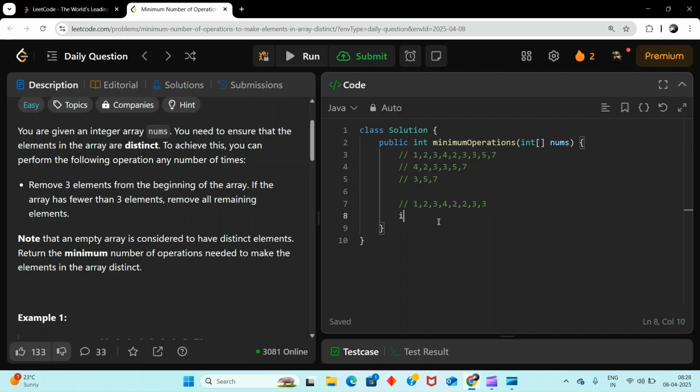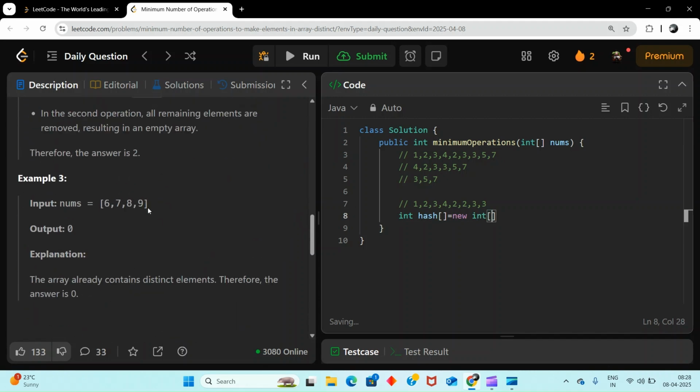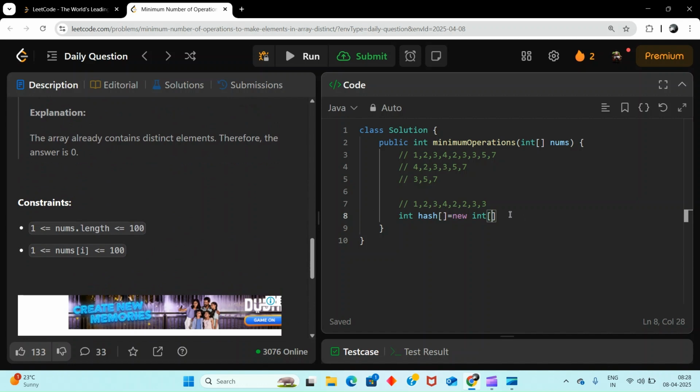So let's take int hash. The size, let's see the constraint. Here you can see 100, so I will do 101. Now int last index, instead of answer I'll say last index. Then for int i equal to 0, i less than nums.length, i plus plus. Here first we'll do hash of nums of i